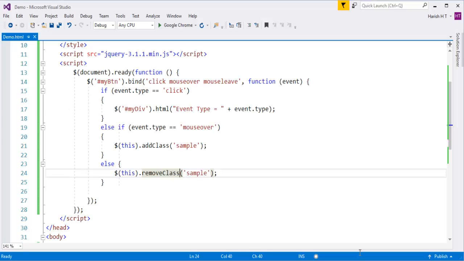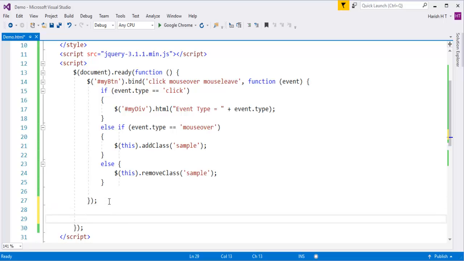So what I did is I'm making use of the bind method. In the bind method, the first parameter takes the events, and I'm having a functional event handler for all these events. Suppose I want to unbind the mouse over, so that on mouse over the class should not apply. So what I need to do first here,